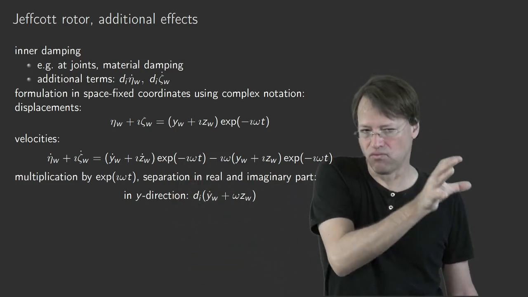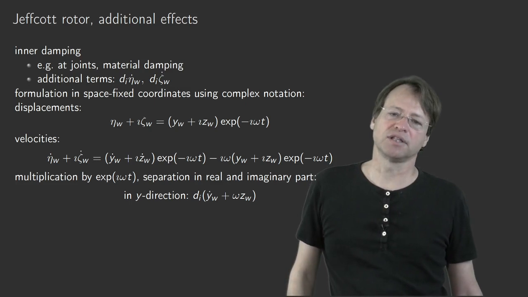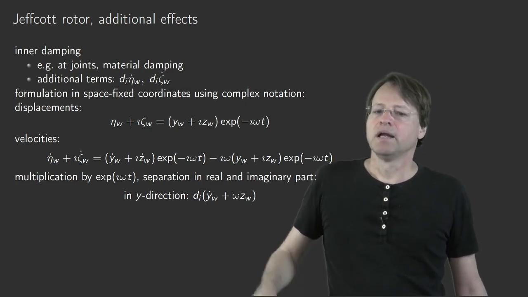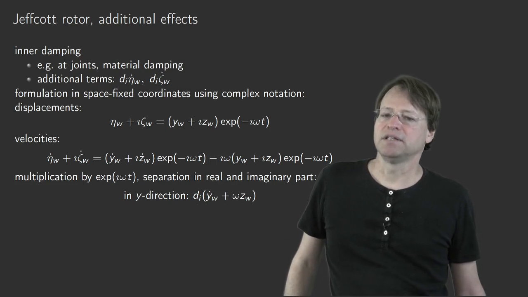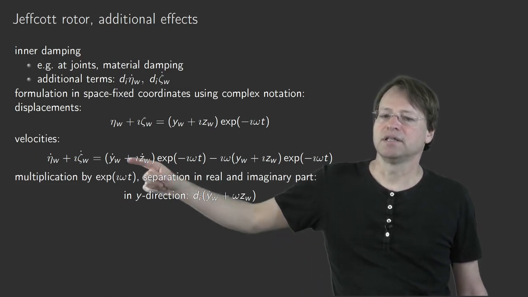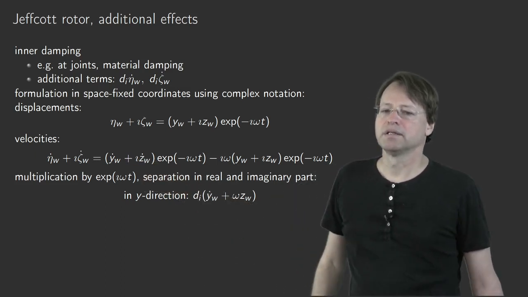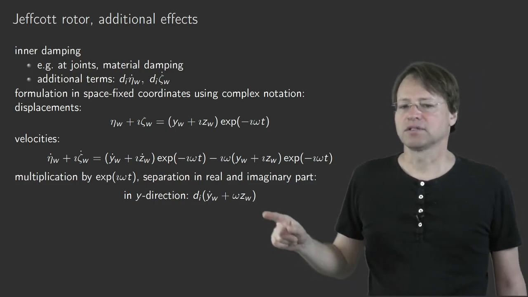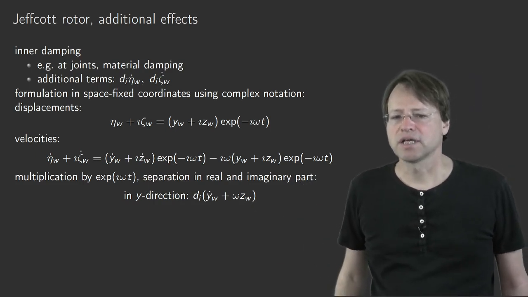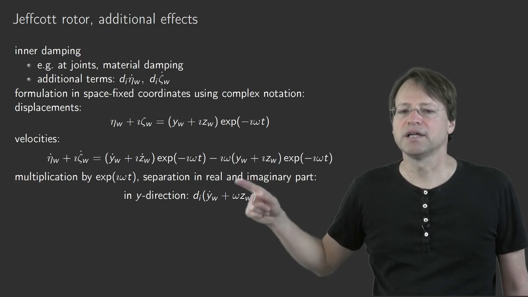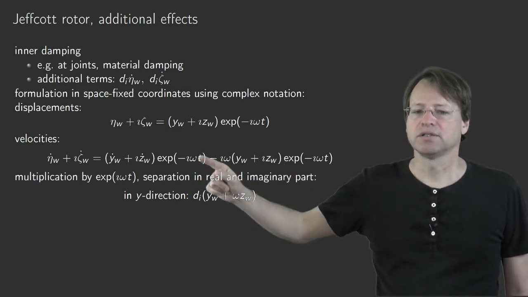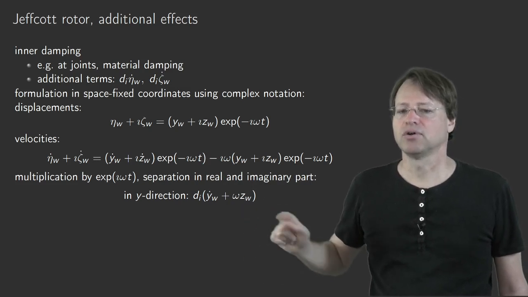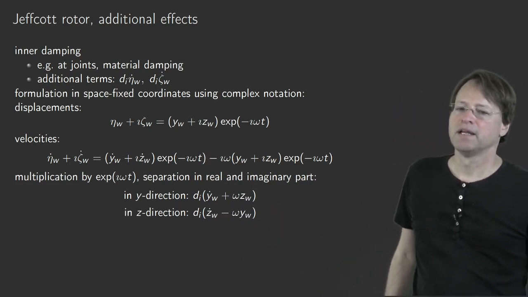So we are really working in the space fixed complex plane. And now we're multiplying the whole equation by d sub I. We arrive then at d sub I y w dot. That's the first contribution, while the second contribution is related to the term z here. I times I is minus 1, so we have a positive sign here, plus omega z sub w in z